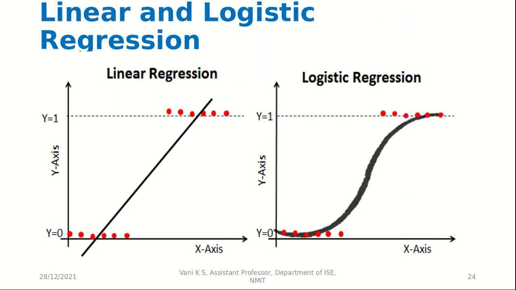So why do we use logistic regression instead of linear regression? If we have only categories like this, where y can be either 0 or 1, then we cannot use linear regression here. We don't know how it will work. So it will be better to use logistic regression, because then it will be easier to see how the values change.